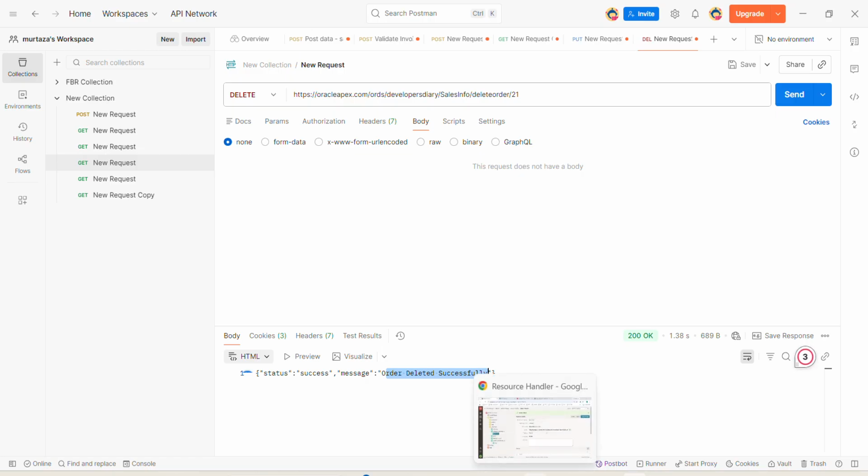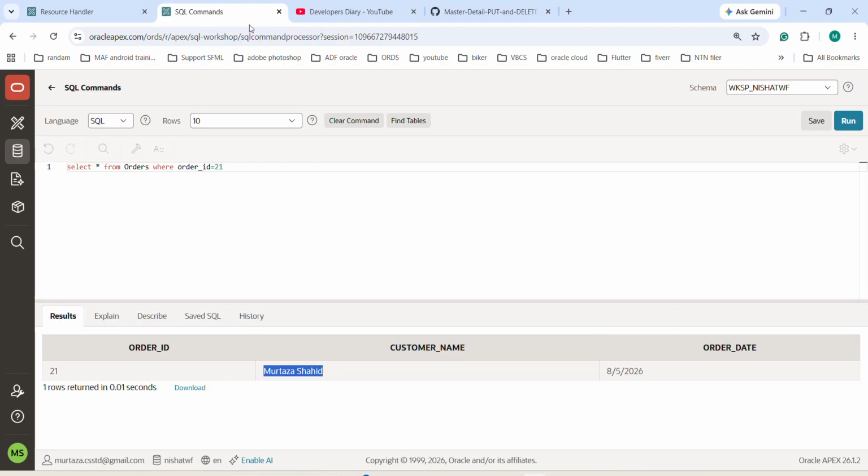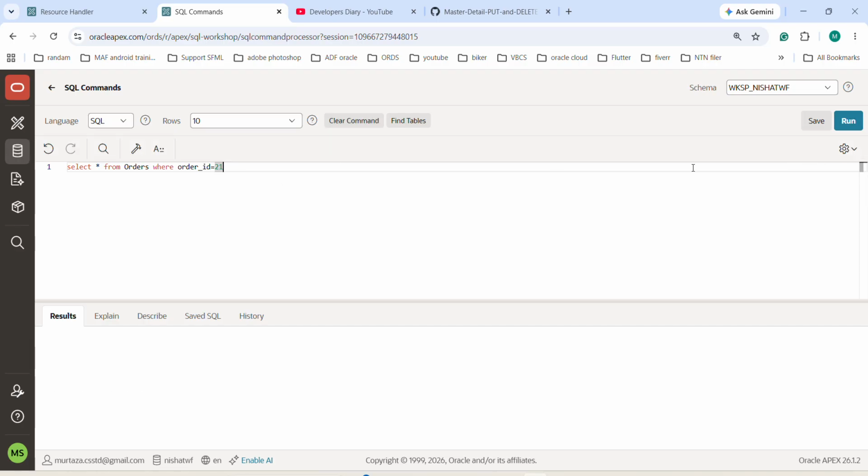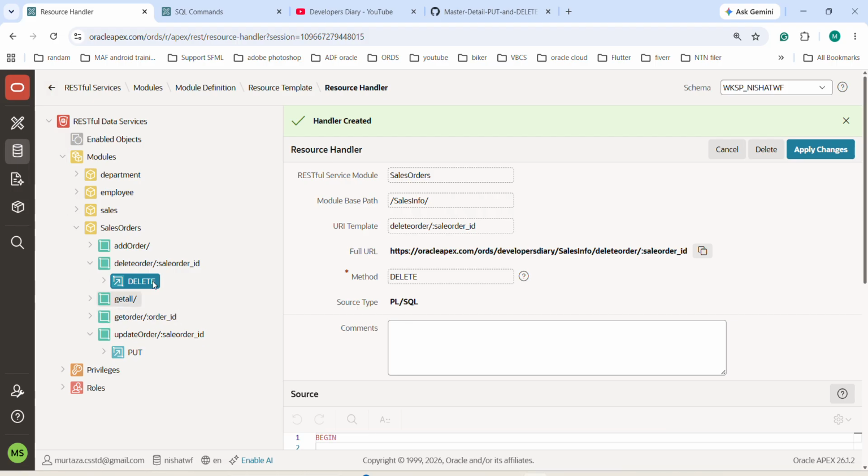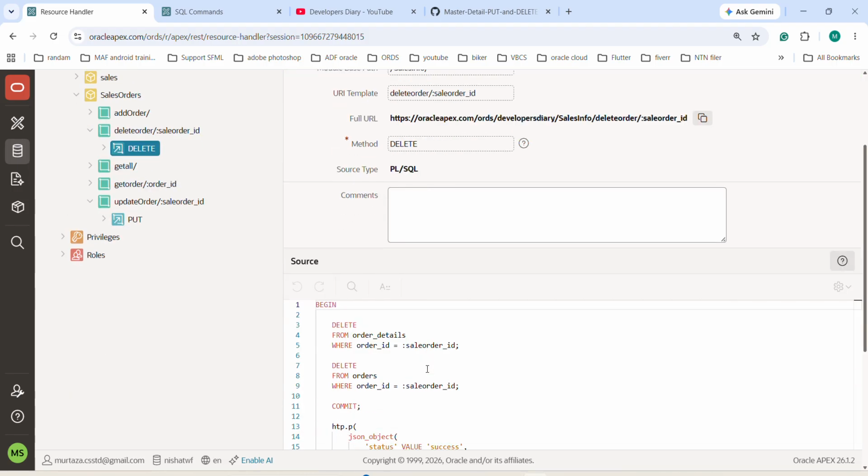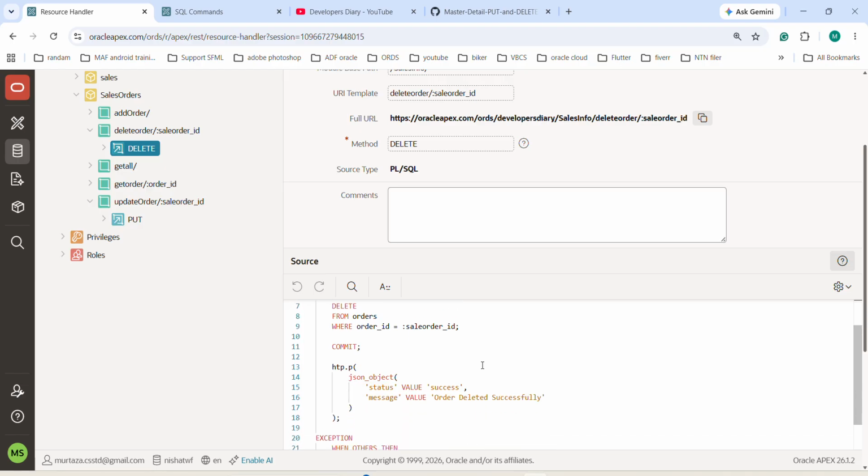So let's go to your database and see that no data found. It means the order has been deleted. Details, and no data found. So by using this delete handler, or your DELETE method, you can delete the record